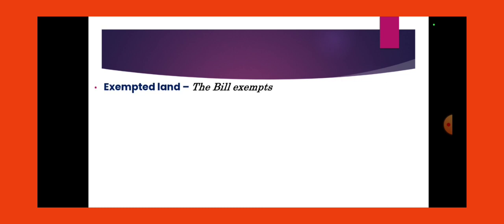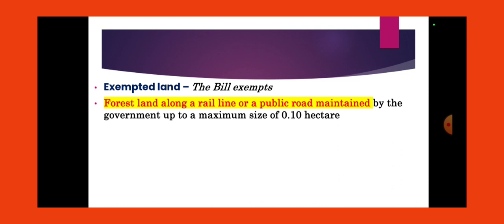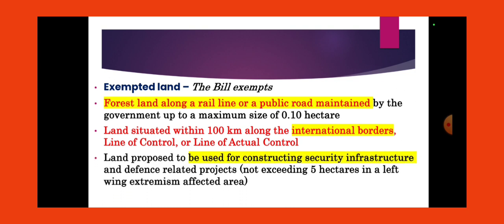Exempted land. The bill exempts forest land along a rail line or public road maintained by the government up to a maximum size of 0.10 hectares. Land situated within 100 kilometers along the international borders, Line of Control or Line of Actual Control. Land proposed to be used for constructing security infrastructure and defense related projects not exceeding 5 hectares in left-wing